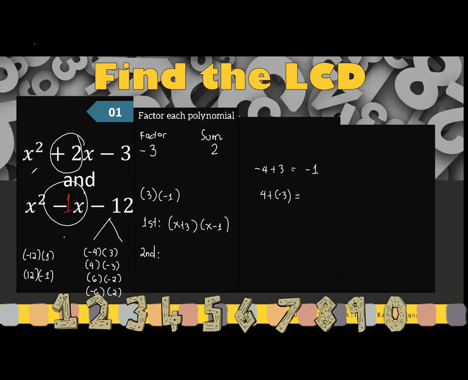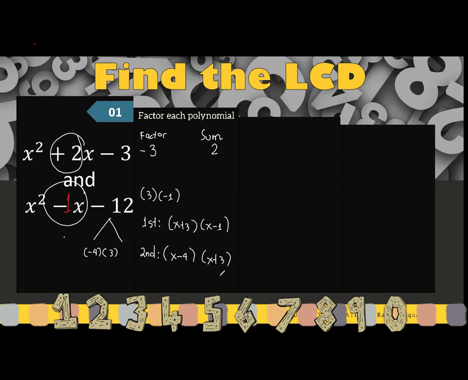Now, for 4 and negative 3, again, we have to subtract them. The answer will be 1, and since 4 has the greater absolute value, we take its sign. So in this case, the sign will be positive. The factor pair that will give a sum which is negative 1 will be negative 4 and positive 3. Now, let us rewrite this: the first factor will be x minus 4, and the second factor will be coming from positive 3, and that will be x plus 3.